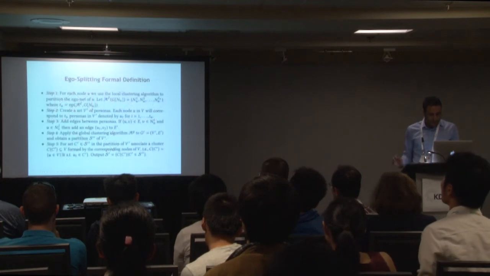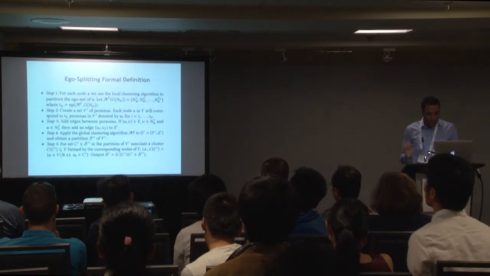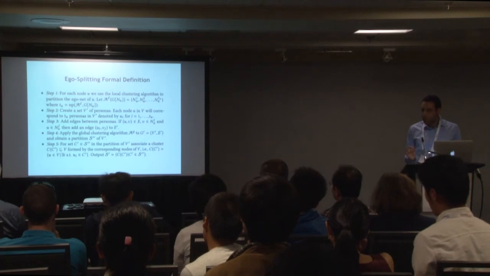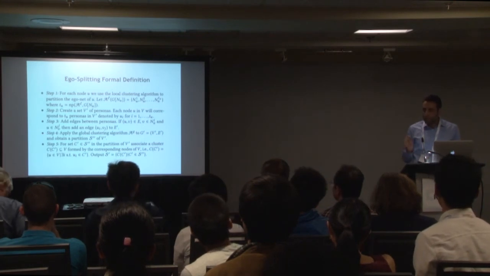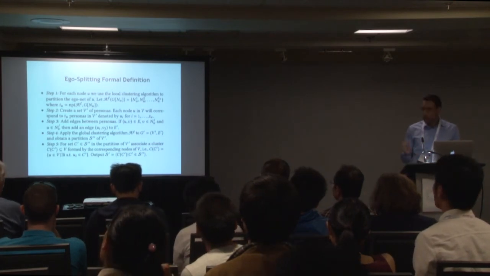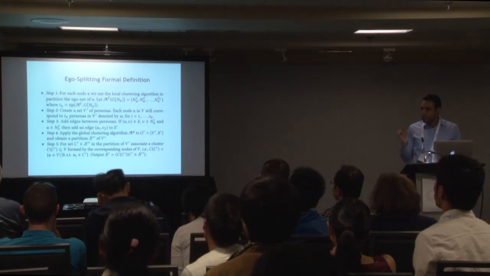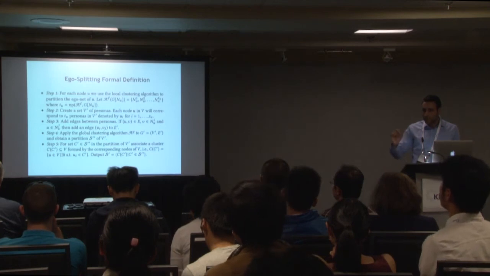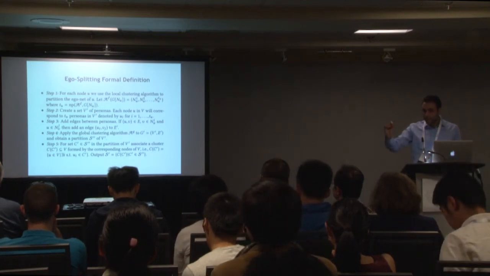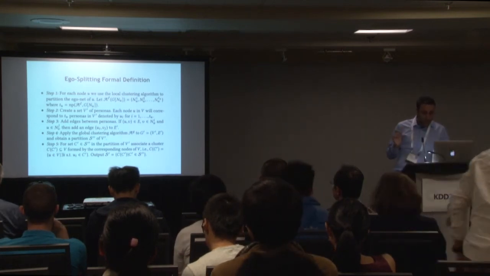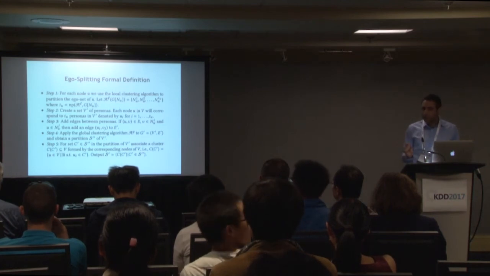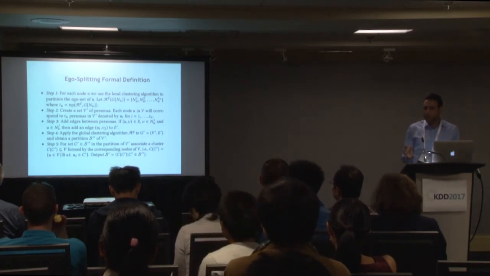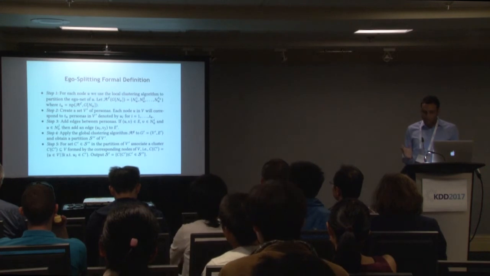In fact, more precisely, what we do is the following. Let's assume that for a node U, we have partitioned the EgoNet of U into T(U) clusters. Now we will create exactly T(U) persona nodes, and each of them is associated uniquely to 1 cluster. So now, how can we match the edge UV with a specific persona node of U and a specific persona node of V? Very simple.